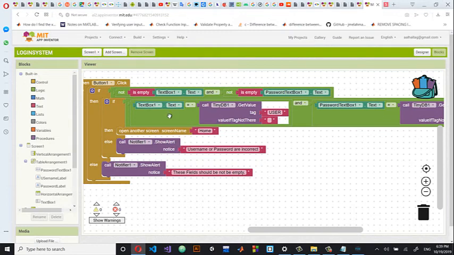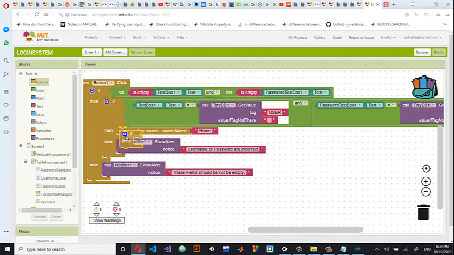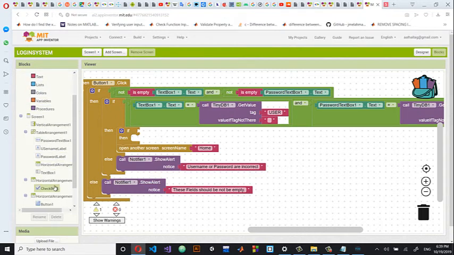So if he entered his data correctly, before I transfer him to his home screen, I'm going to make an extra level of check, and I'm going to say if the checkbox